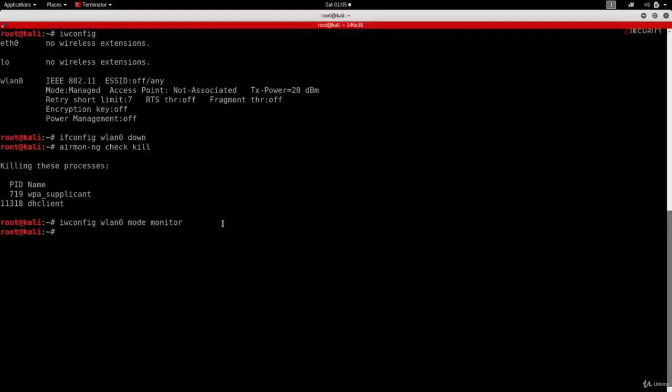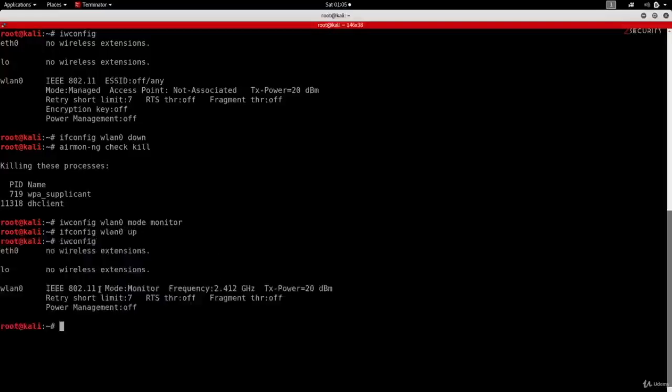And finally, we'll need to enable the interface again, similar to what we did when we changed the MAC address. So we just have to do ifconfig wlan0 up. That's done. Now if I run iwconfig again, you will see that the mode is set to monitor now. So basically this interface can now be used to capture any packet that is within our range, not only the packets that are directed to this computer. That's why in the future you'll see how we can use it to sniff packets, to analyze them, and even break into networks.